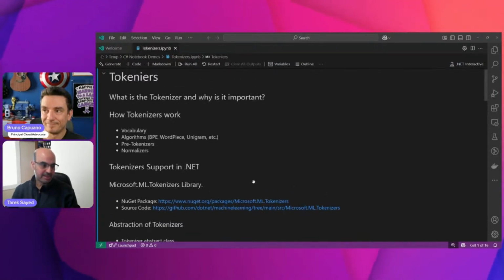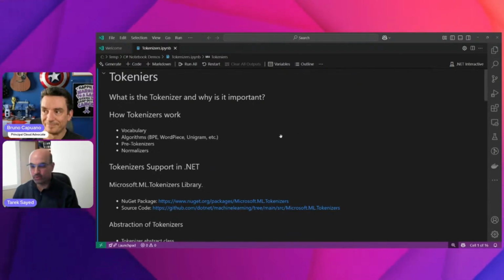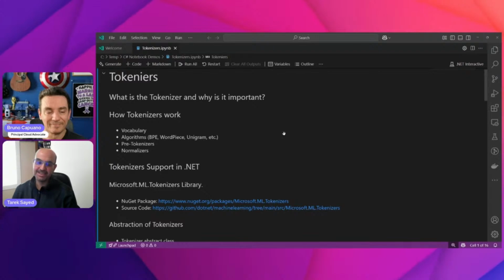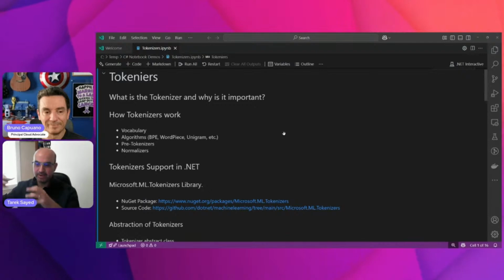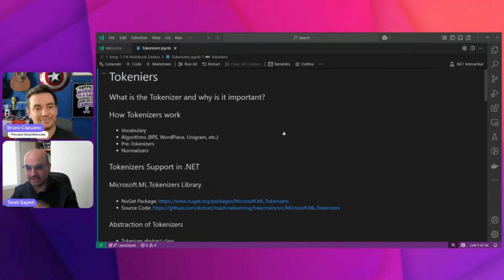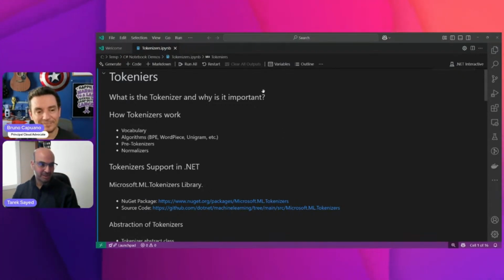Going back, I want to give a quick idea of how the tokenizers work, because every tokenizer can be created differently according to different parameters. Tokenizers in general depend on something called a vocabulary.